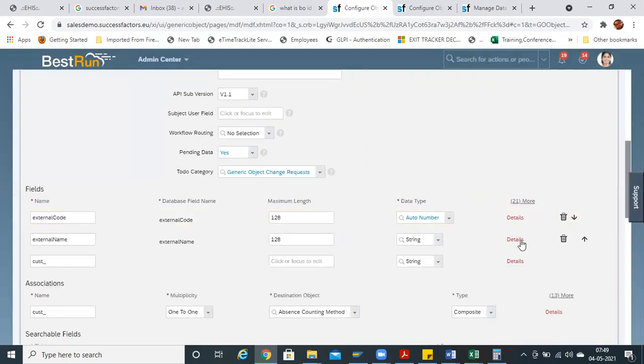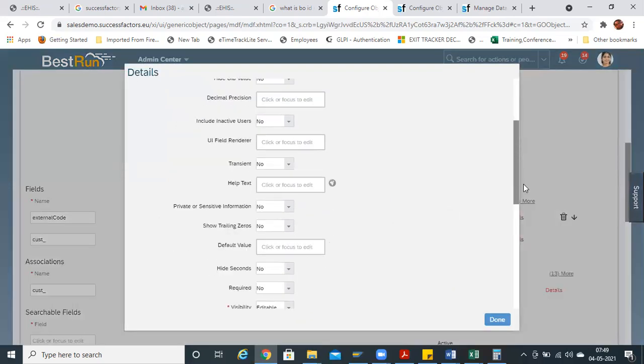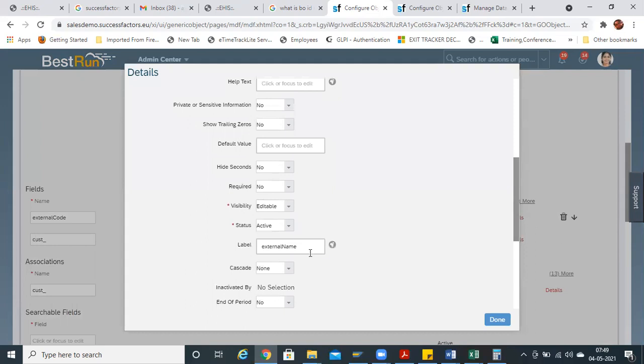And let us change the external name to something like this. These will be the fields which are shown once you select India. So in India, PAN number: suppose some specific fields for India PAN number, right?